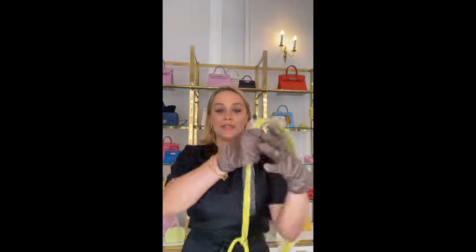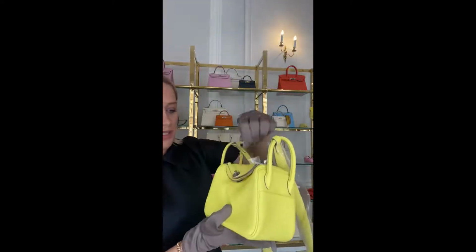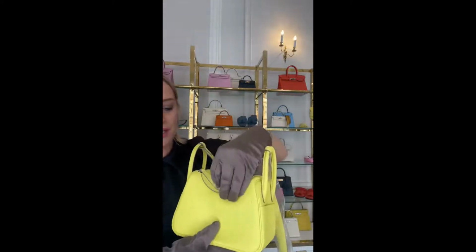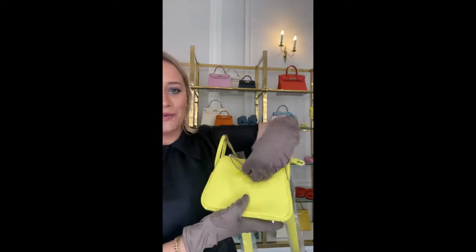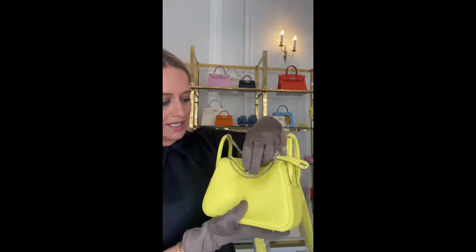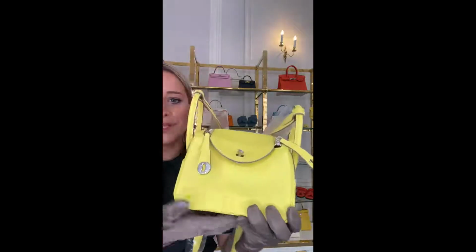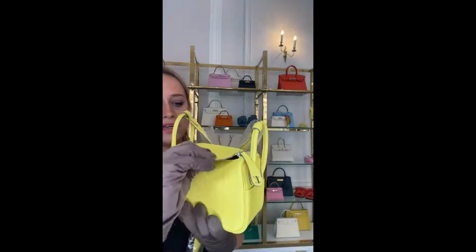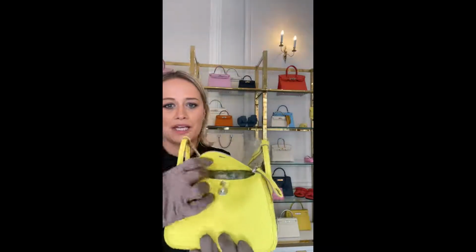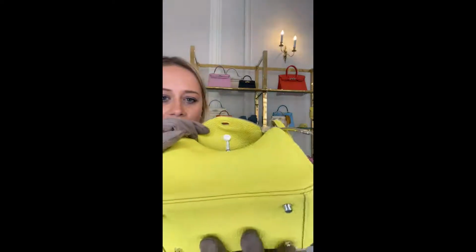Just make sure I'm taking my earring off at the same time. It opens with a similar sort of turnkey. It's a lovely combination, the Lindy and lime colour, because it really pops. You can appreciate all of the lovely detailing that it's got. So it's got the classic Hermes turnkey, but unlike the Birkin and the Kelly, this is a solid silver